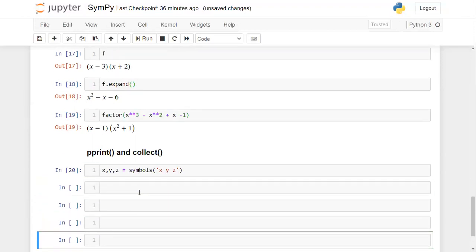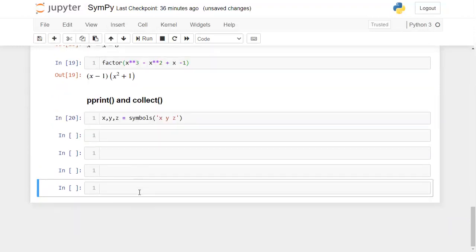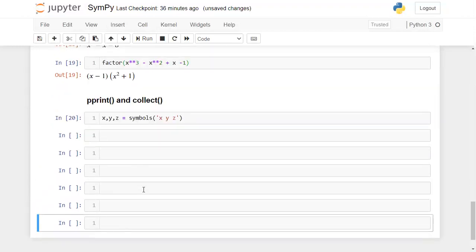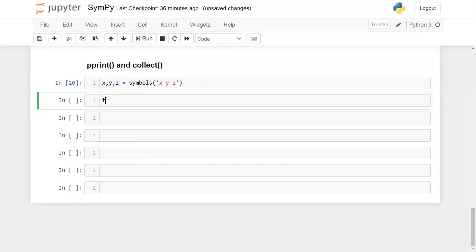Now I want to create some expression. I'm creating an expression and storing it in f. Let me write some expression here. I'm taking something randomly: x multiplied by y and plus x minus 3.